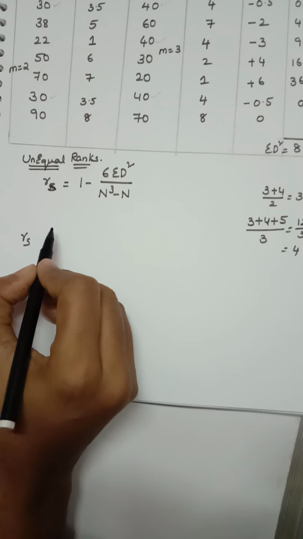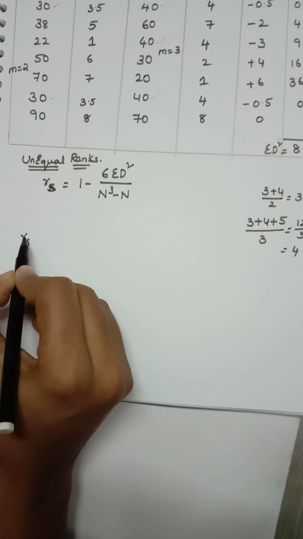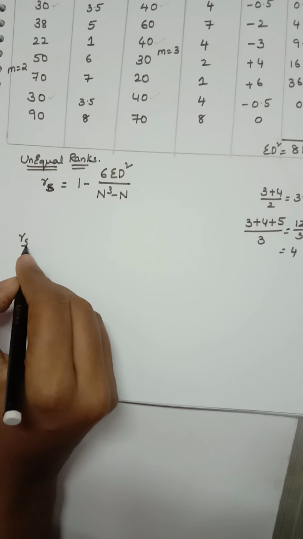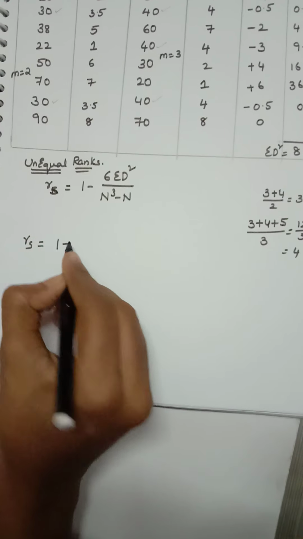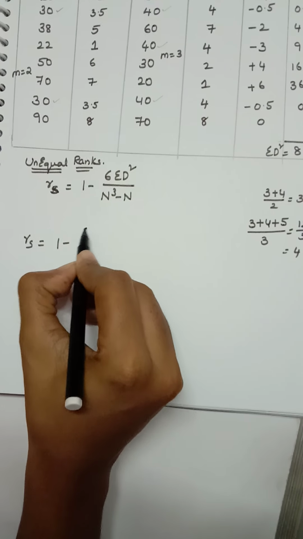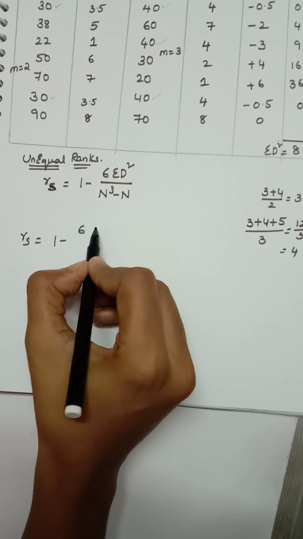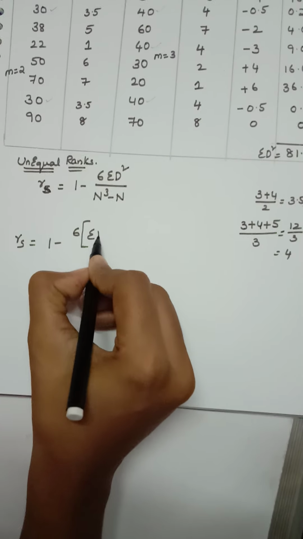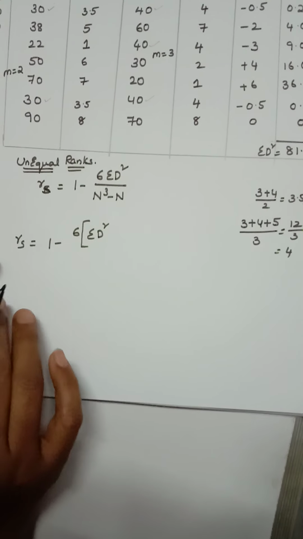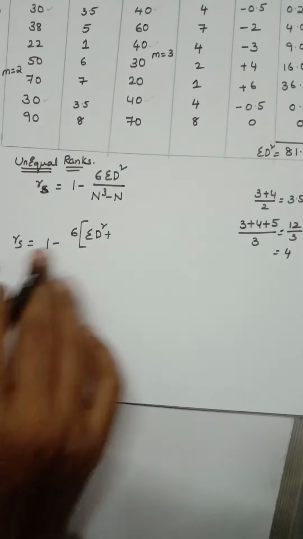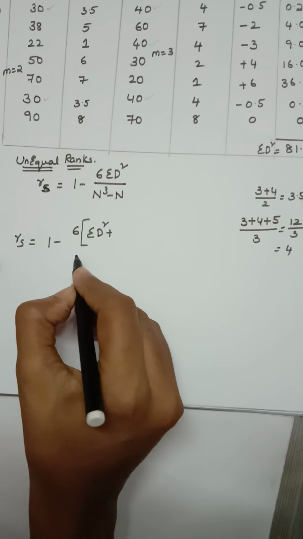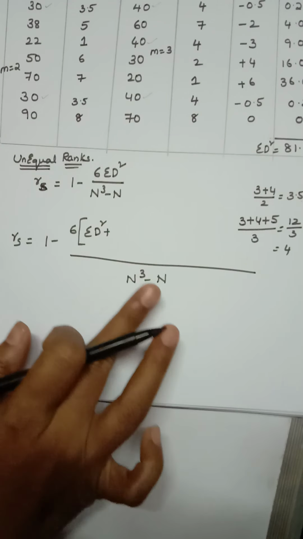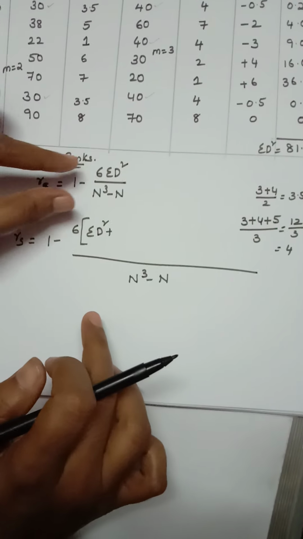RS is nothing but correlation. Correlation is symbolized with small r, and since you are using the Spearman method, RS is equal to 1 minus 6 over, this 6 will be outside, and summation D square will be as usual. And coming to the first set, first you need to put a plus, and divided by n cube minus n, a similar point we can take from this formula.